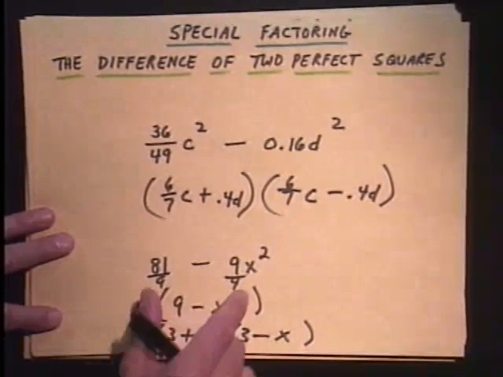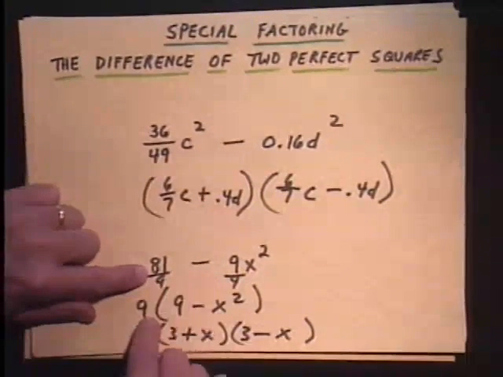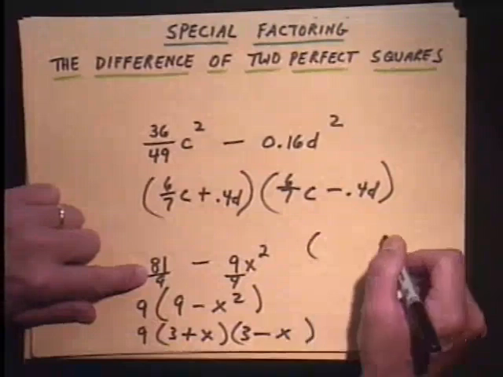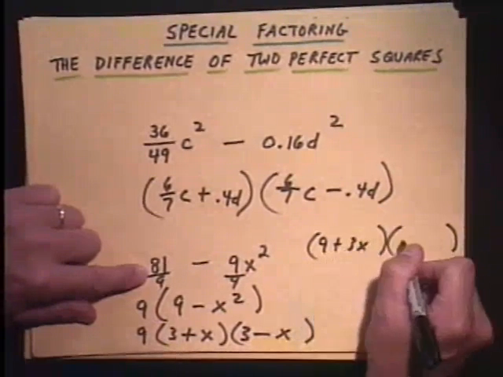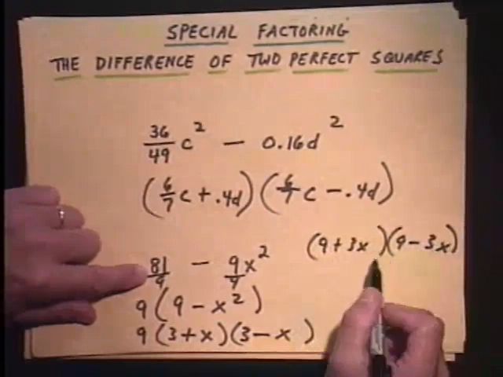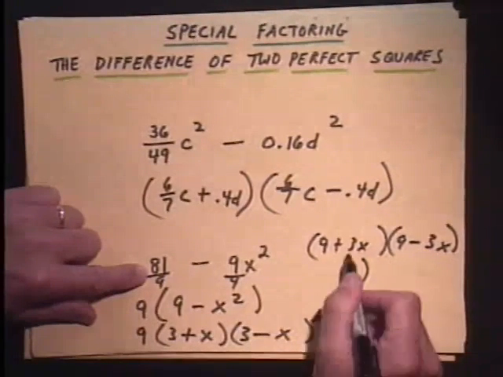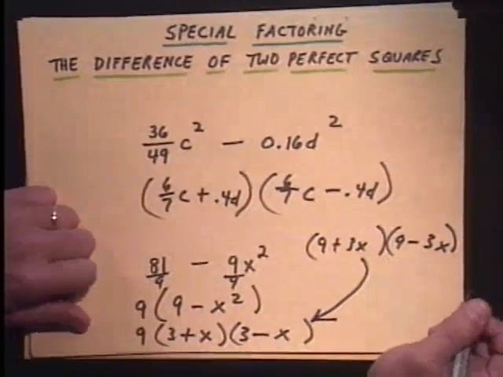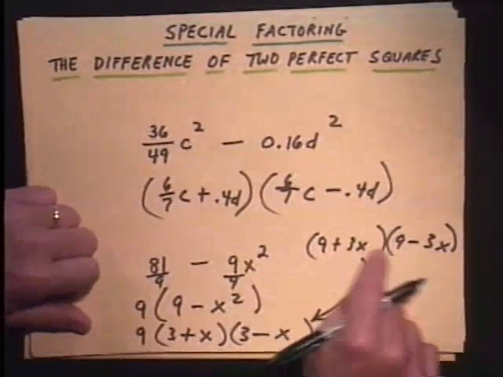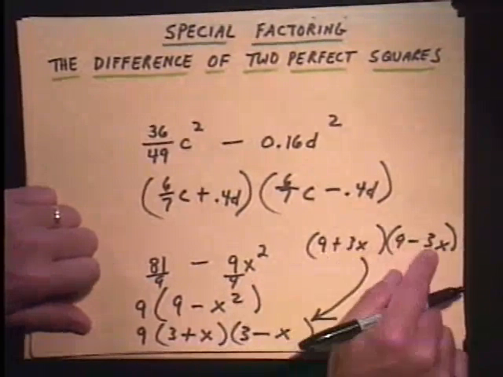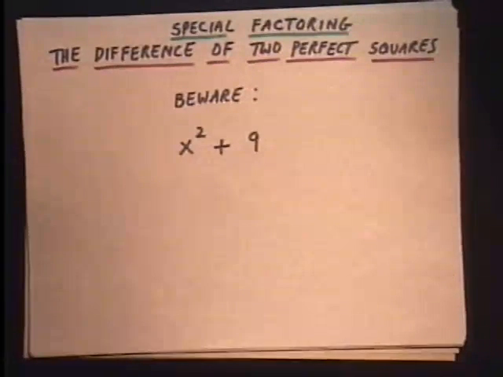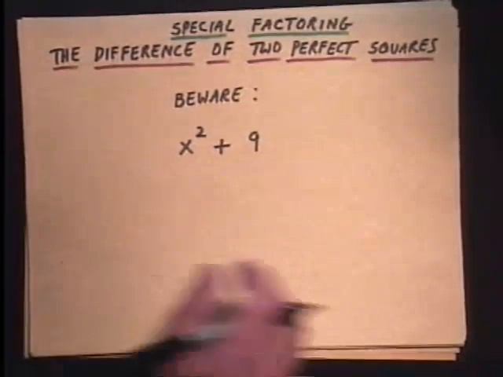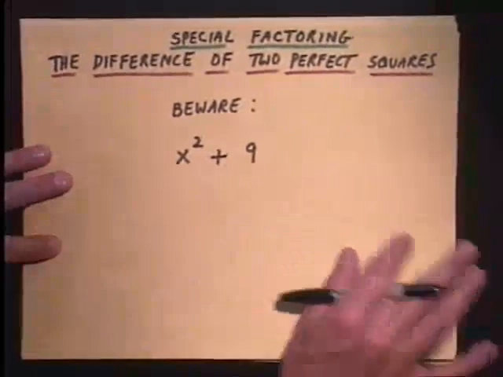Now, what would have happened if I didn't take the 9 out first, and I would have come over here and made the mistake? I would have had 9 plus 3x times 9 minus 3x, and I bet you all see some things in common you can take out to get to this answer. So be careful, there can be nothing in common in these parentheses. All right, beware. They say this is pretty easy, but there are ones they try to trick